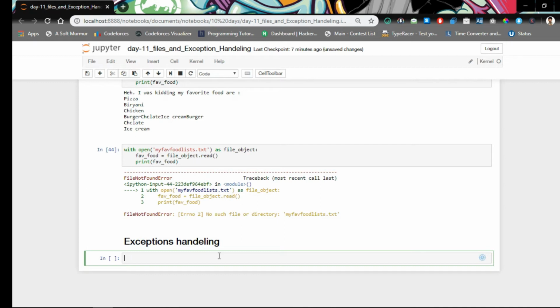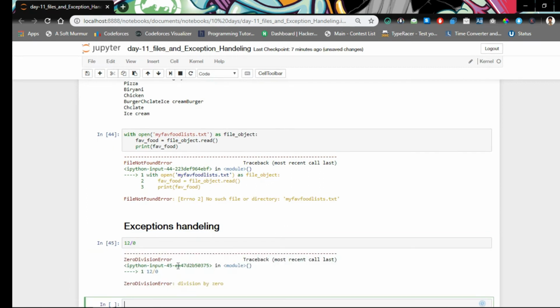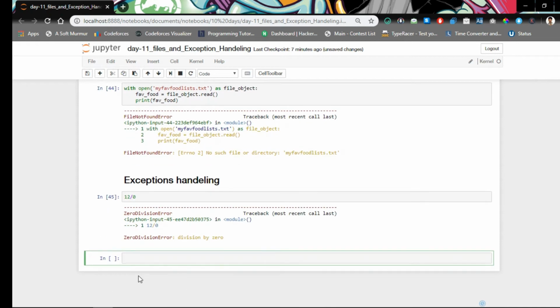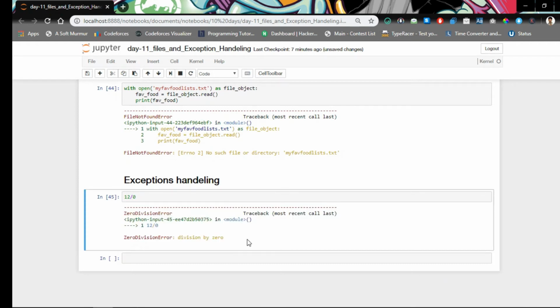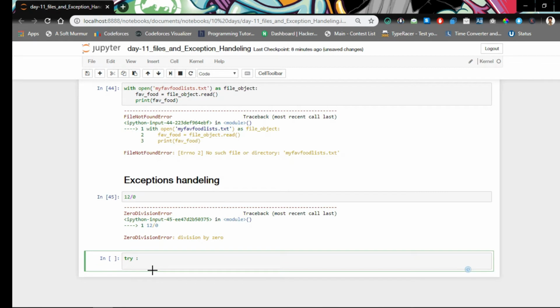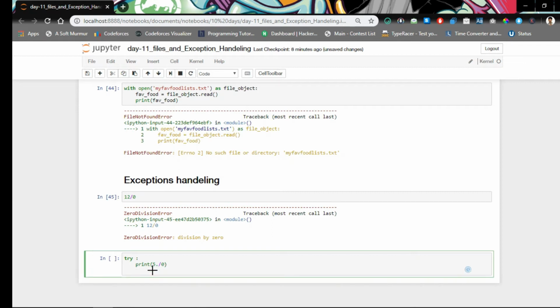Okay, let me show you one more. Let's say if you divide any number by 0, let's say 12 by 0, it will show the error: zero division error, divide by 0. But what if I don't want this error? Instead, I want to print a message saying, okay, you cannot divide by 0. You can use a try and except block for that, and I will show you how. So you will say try print 5 by 0, and I know that this is an error, so I will catch that error. So I will say except,